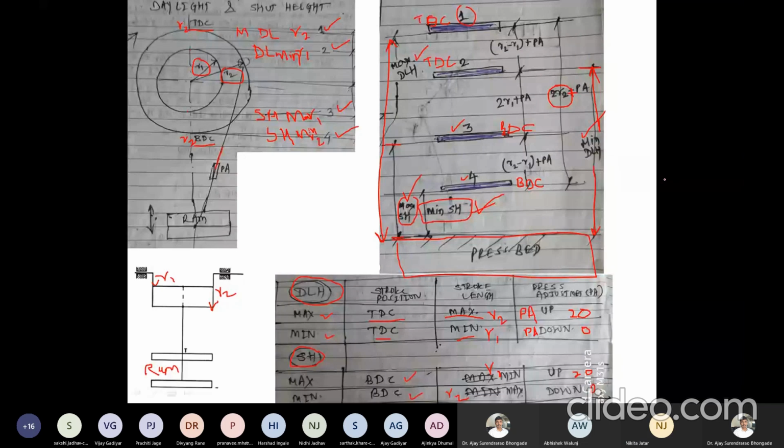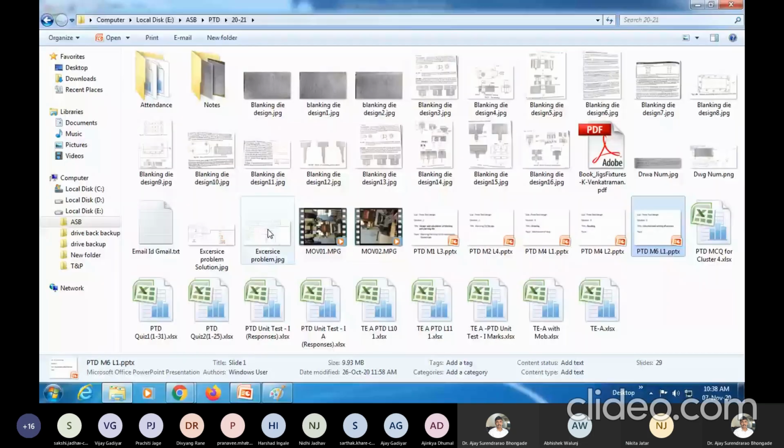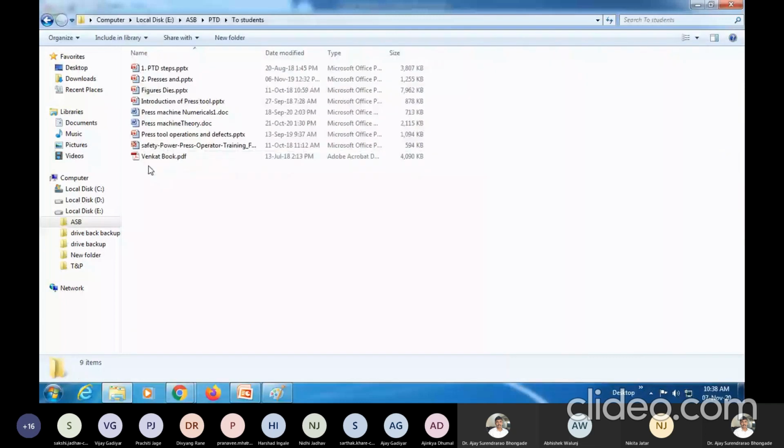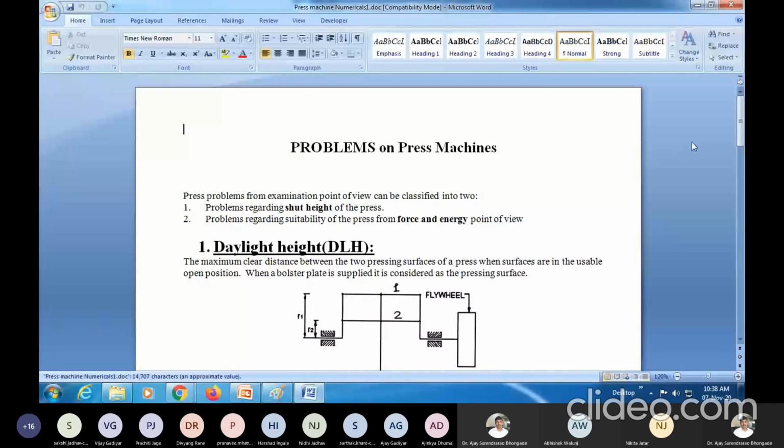Now let us say, I must have shared with you, I don't remember, there is a PDF available about the new press numericals. I will share it with you later on. All the things have been mentioned there.